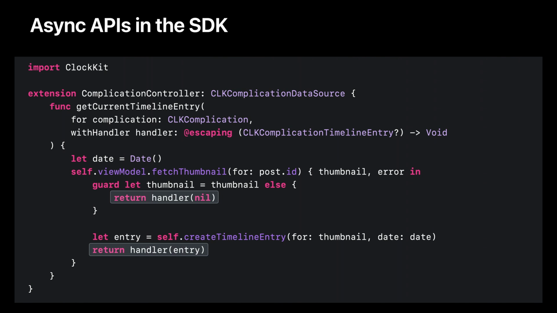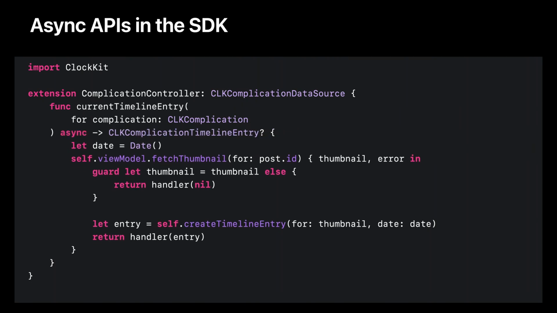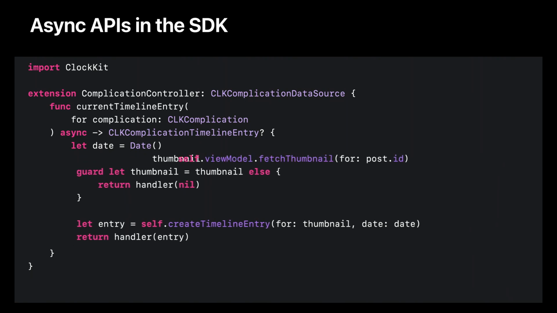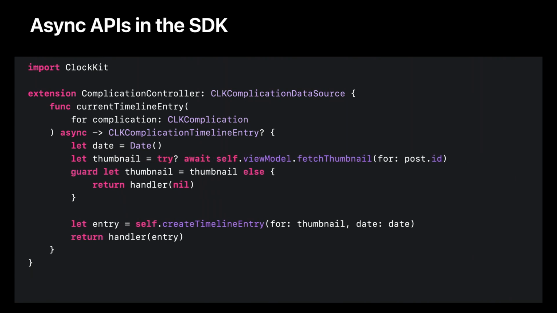This delegate method has an async alternative we can use instead. First, the async alternative's name is used, which drops the leading get. We recommend that async functions omit leading words, like get, that communicate when the results of a call are not directly returned. After all, since this is an async alternative function, it returns a timeline entry directly. Now that there is an async context set up, we call the async version of fetchThumbnail. Finally, we return a timeline entry from this method rather than calling the now deleted completion block.